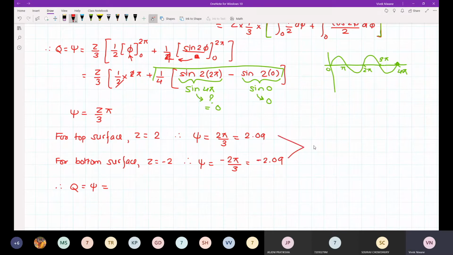enclosed by the given cylinder, will be the addition of these two magnitudes. I am saying addition of magnitudes. So what will come: 2.09 plus 2.09. I said magnitude. Okay, the negative sign is due to the direction. I also told you yesterday, someone had asked a doubt whether we have to take minus z. So that indicates this negative sign is associated with the direction, and we will have 4.18 coulomb. That is the amount of charge enclosed by the given cylinder.